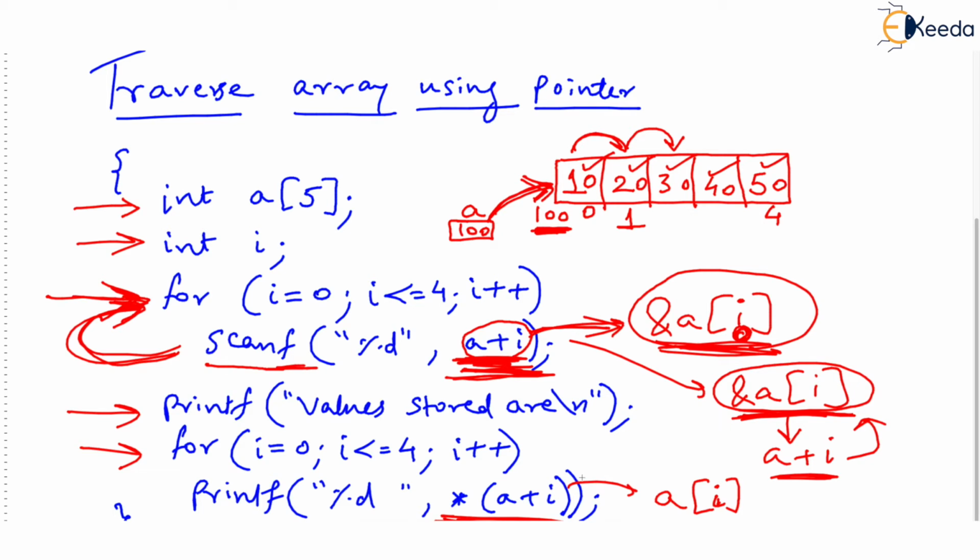But I'll tell you, on any other day, if I was asked to print all the values of the array, I will write a for loop, obviously, and I will write a[i] in the printf, because this is more human. I mean, this is easier for us to understand. But here, instead, we have directly written what the compiler does. We have written asterisk followed by bracket a + i, which also will reach an element of the array and print each element of the array.